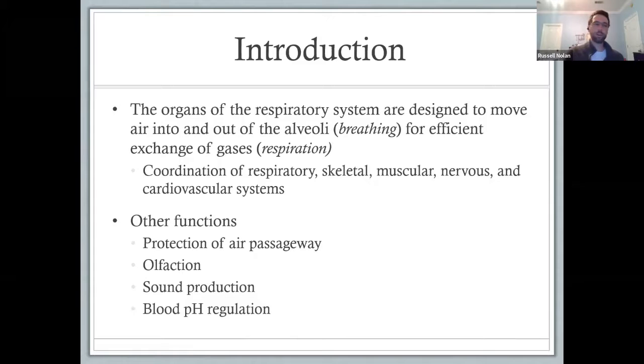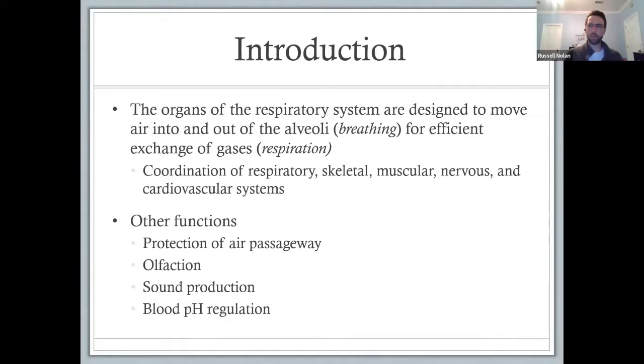How forcefully are you going to breathe out? Even down to the minutia of how the muscles of your larynx are moving your vocal cords, thick, thin, taut, to change the pitch of your voice. And then breathing is important, as we'll talk about right at the end of our lecture today,